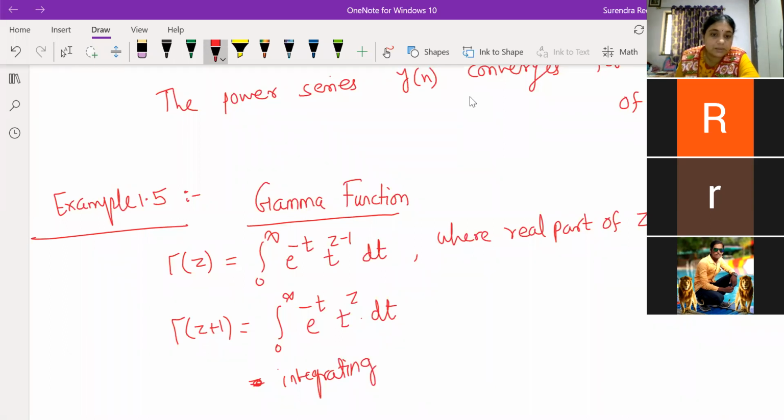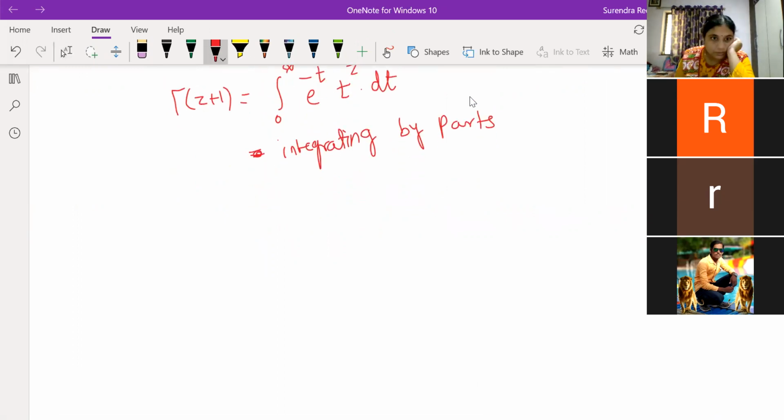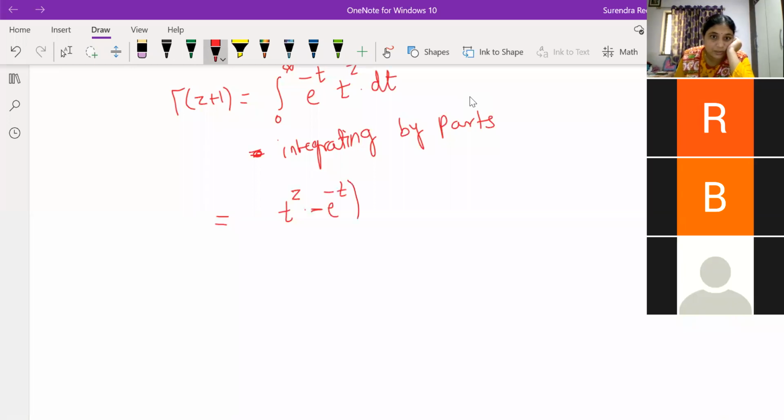Applying integration by parts, which function do I have to take first? t raised to z, with z as it is, by the LIATE rule. The exponential will be last. And what is the integration of e raised to minus t? Minus e raised to minus t, from 0 to infinity, minus the integration from 0 to infinity of